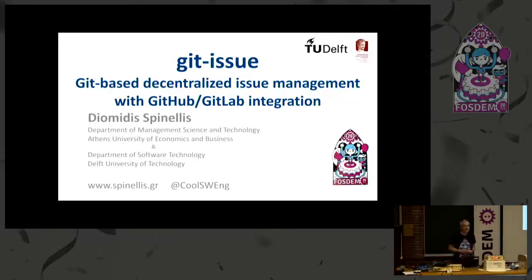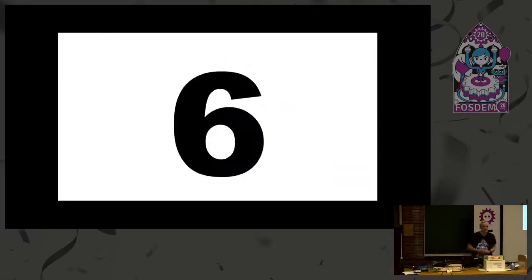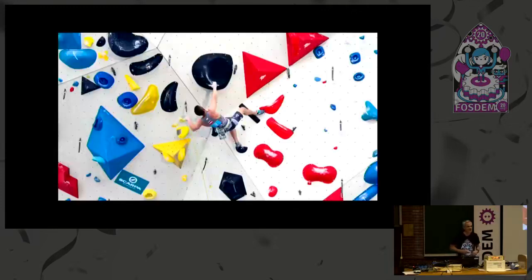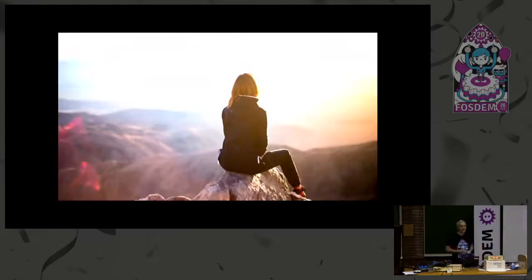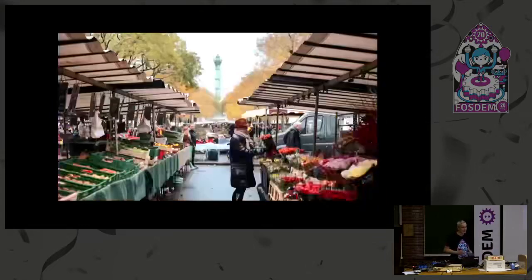Why are we here? Why would we want to run Git issue? I'll give you 6 reasons why Git issue is the best thing since sliced bread. First of all, it's an issue management system, so a bug tracker that doesn't need any sophisticated infrastructure, any system running behind it. You don't need a database, a server that needs to be specially configured, anything like that. It's very easy to install. As I will show you, just clone the repository and you run make install, and there you have it.